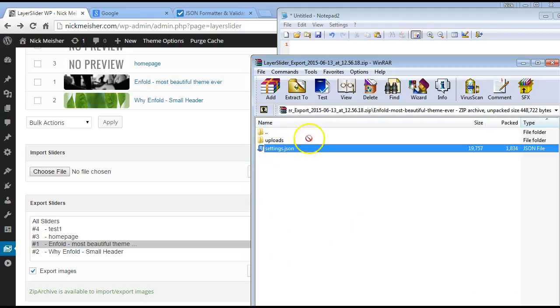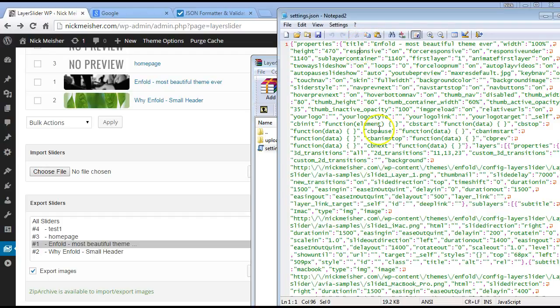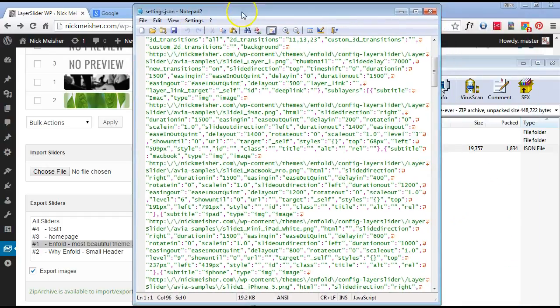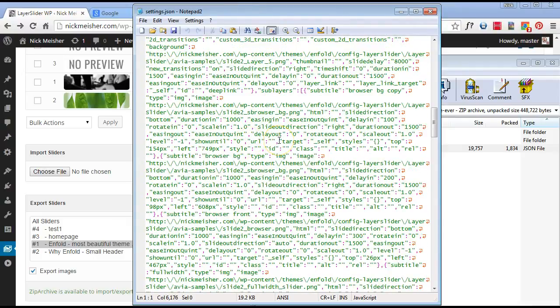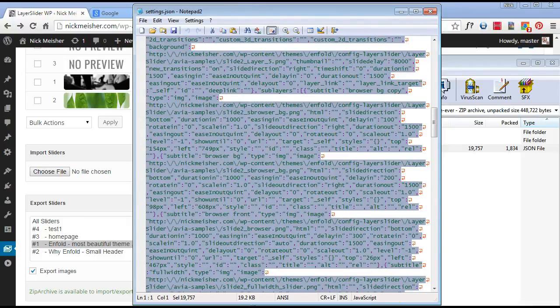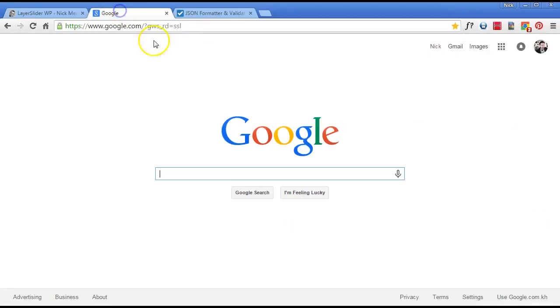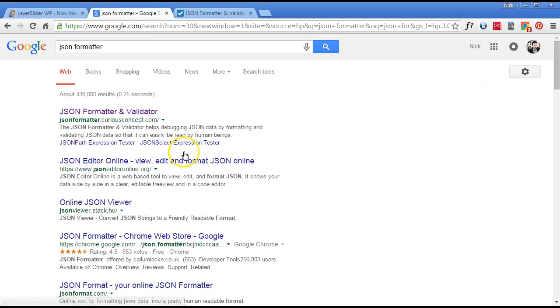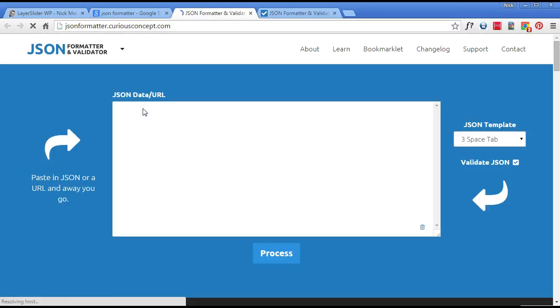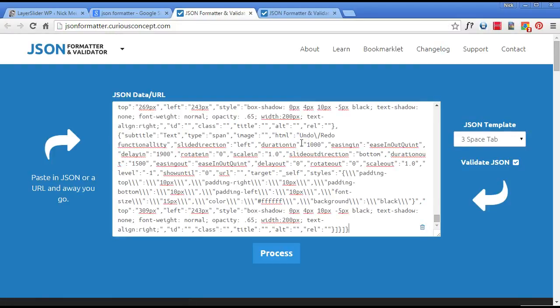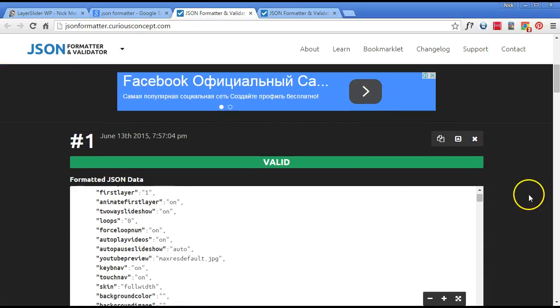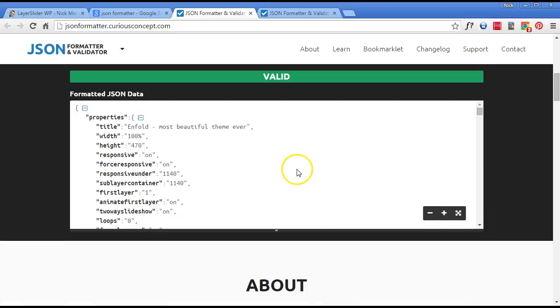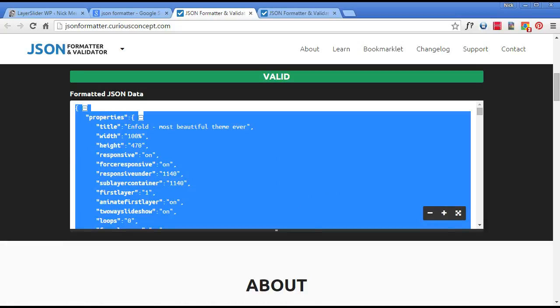Let's take a look inside Notepad what it actually looks like, and you can see it's kind of a mess. Hard to tell what the heck's going on here, but if we copy it all, open up another browser and look for a JSON formatter. Then just dump the whole thing in there and process it. We get a result now, and here I just Control A, get it all, Control copy, and